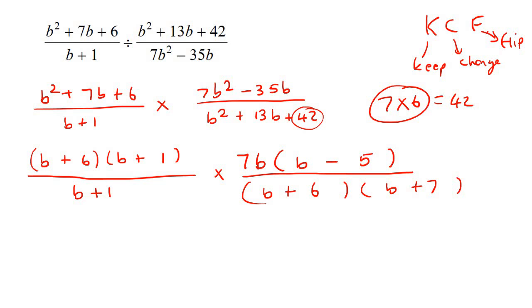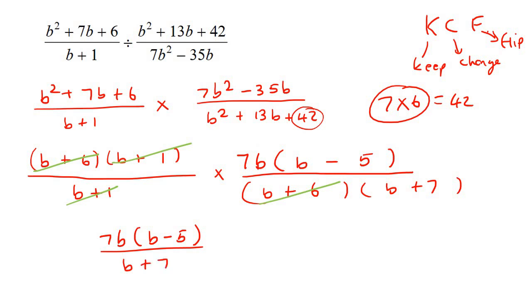Right, now what you do is you just look for things that are at the top that are also at the bottom. So for example, this b plus 6 and this b plus 6, they can cancel. This b plus 1 with this b plus 1, they can cancel. People might say, yeah, but what about this 7b and this b plus 7? They are not the same, so you're actually going to leave those alone. And so at the top, we're left with 7b, b take away 5,